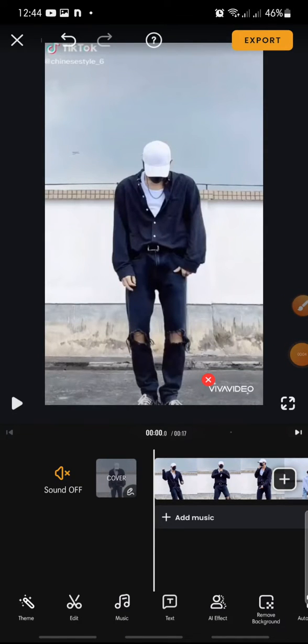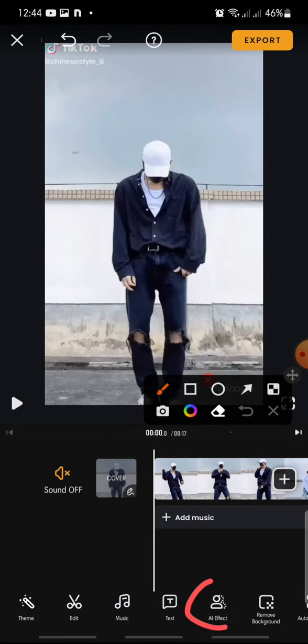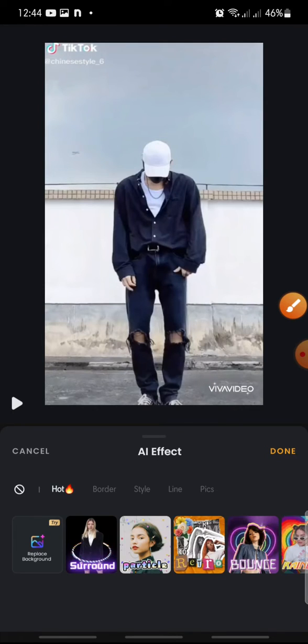In this video, I'm going to show you how to add distortion on a VivaVideo app. Now let's get started. First, open your VivaVideo app, and after this you can add the video that you want to edit. And now you can click on the all effect at the bottom,